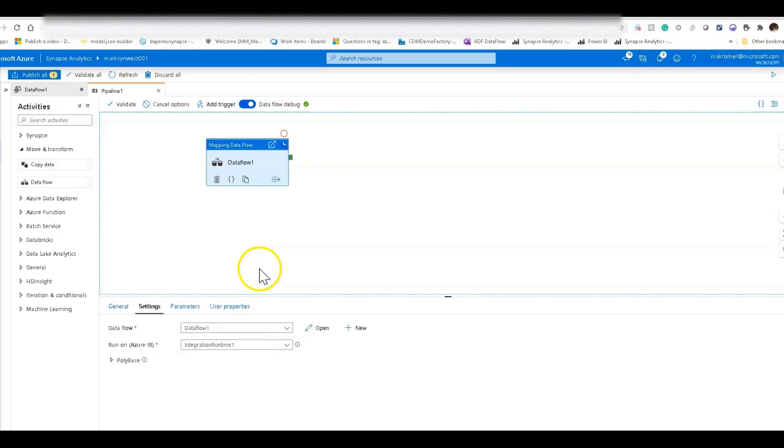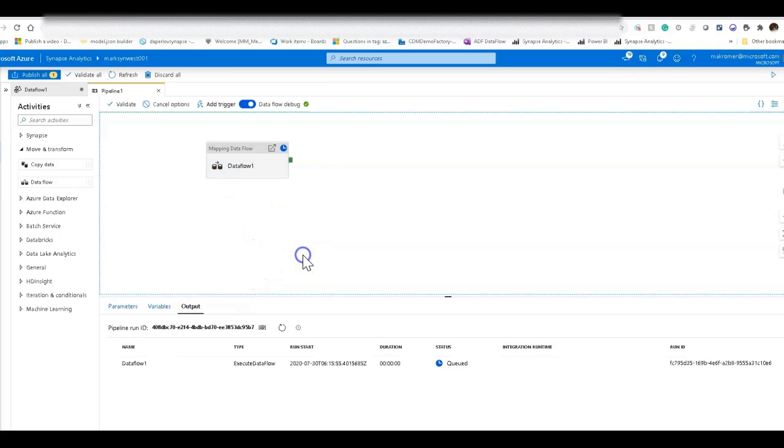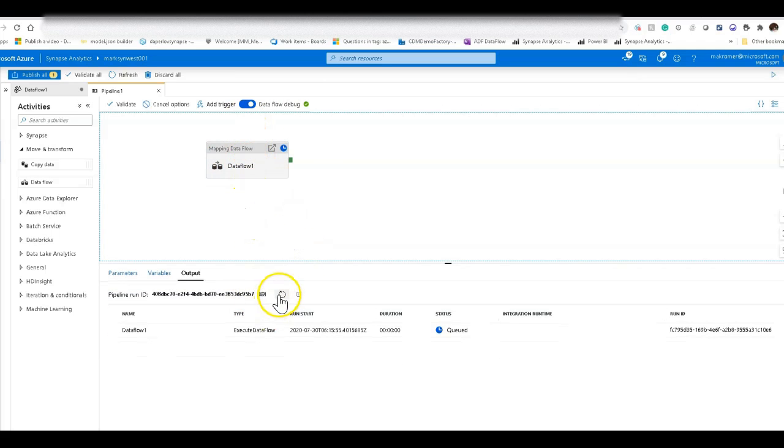Now the difference is going to be that when I executed this previously from the already warm debug cluster, the cluster was alive and the job started almost immediately and was very, very fast. Now, because I'm running from a job cluster that is not warm, because I want to test it through the activity pipeline, I now have to wait for the cluster to spin up. But once it does, now I can test that in what would be really a live sort of environment.